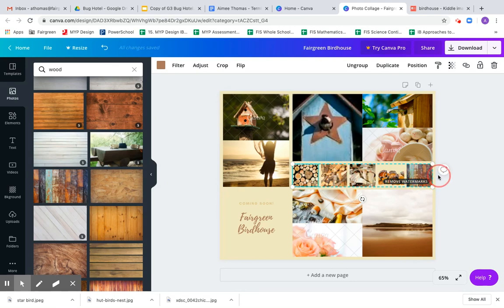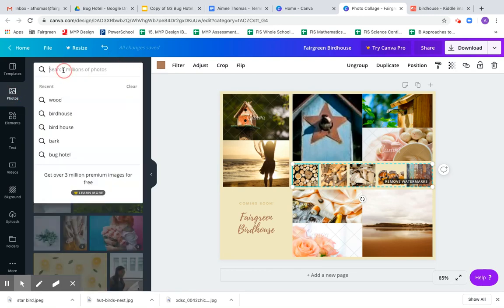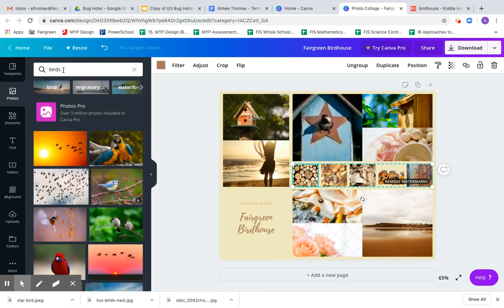Now the other part that you have to do would be images of the insects that are going to be attracted to the garden because of your design. Obviously, on mine, if it's a birdhouse, I'm going to be looking for pictures of birds. Now, I can, again, either put it into photos and click and search for different images of different birds that are available. However, this is going to show me just birds from all over the world, and I want specifically birds that are